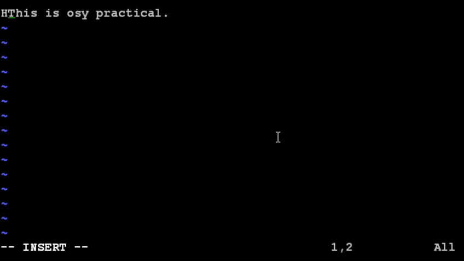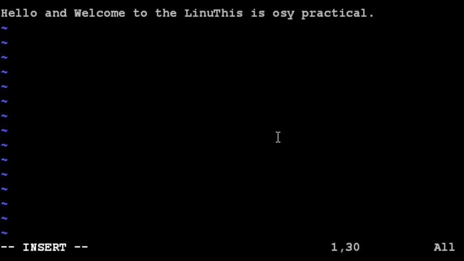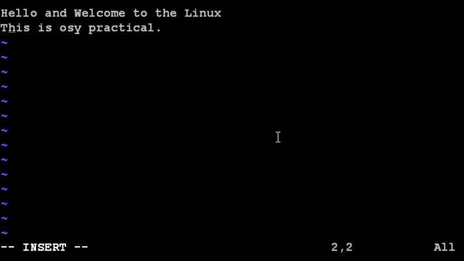For example, hello and welcome to the Linux. I am once again showing you that if my cursor is here and I press escape and capital I, my cursor moves to the beginning of the line, and there you can start writing the text.